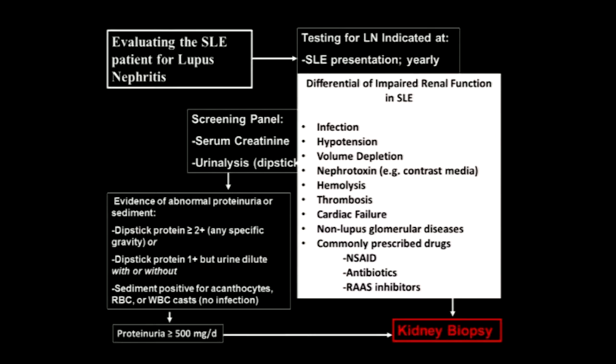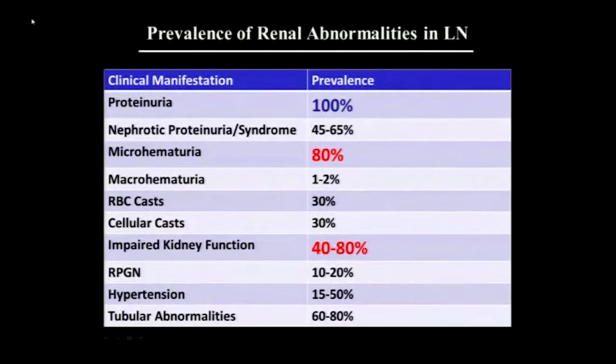Not every patient with lupus develops lupus nephritis. And then, of course, in the rheumatology world, commonly prescribed drugs are nonsteroidals, which are toxic to the kidneys, antibiotics, which can cause interstitial nephritis, and many of these patients are on renin-angiotensin-aldosterone system antagonists. Okay. In looking at the prevalence of renal abnormalities in lupus nephritis, everybody who has lupus nephritis